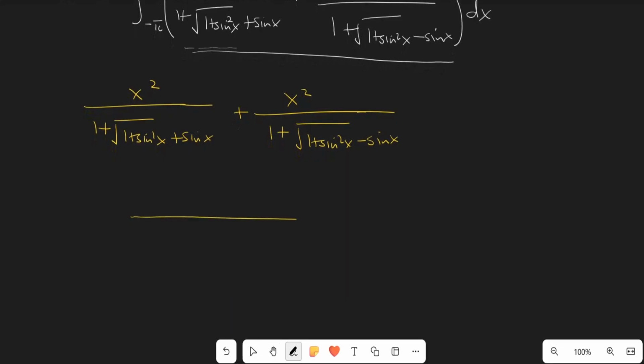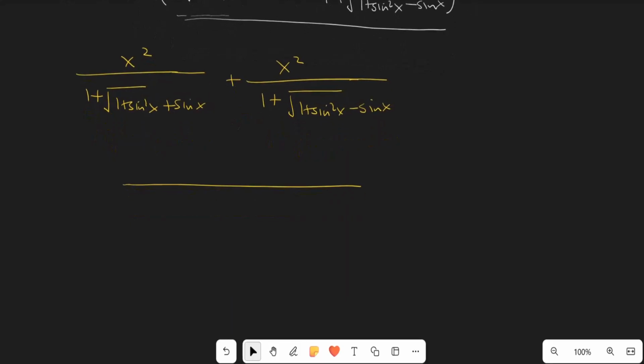So here the LCM is really this one times this one, but we can now multiply, which is x squared multiplied by this term here, which is 1 plus the square root of 1 plus sine square x minus sine of x, plus x squared multiplied by this term, which is 1 plus the square root of 1 plus sine square x plus sine of x,